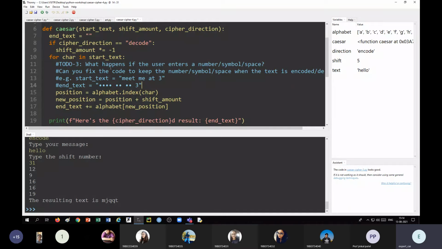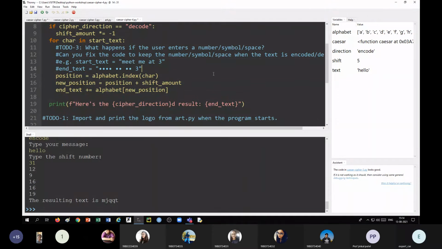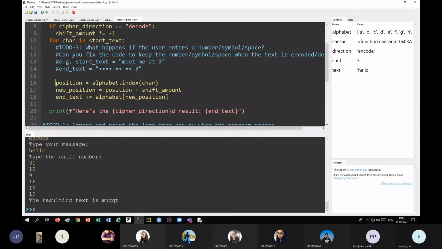Okay. Whatever the character we supply here, the text we have supplied, we find the character from that. For character in start text. Okay. What we can do, we can check if, problem is there.